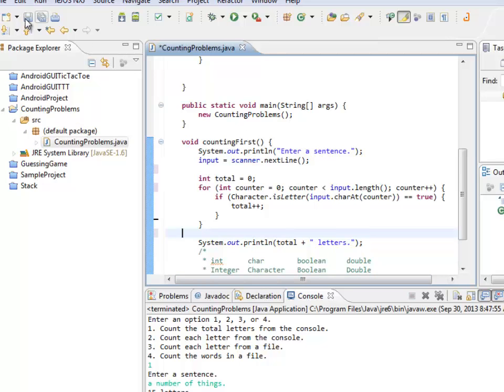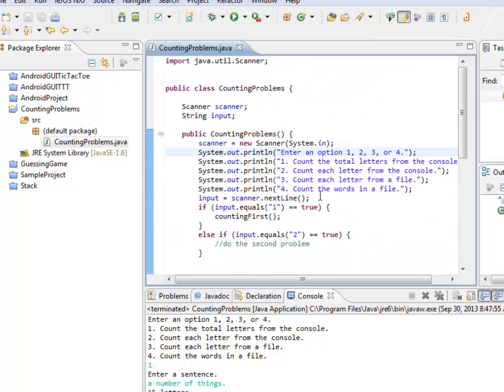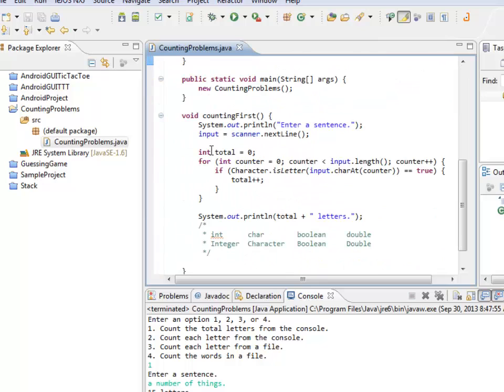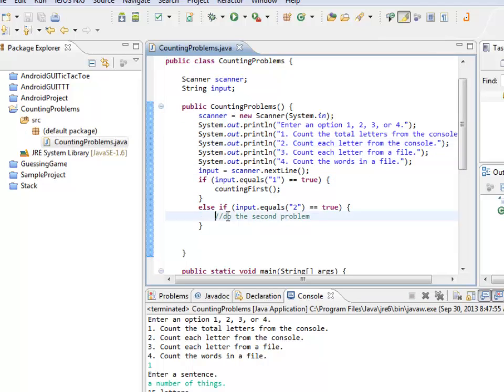What happens if I want to go through and check individual letters? So I'm going to need some sort of counter, like this total thing, except I'm going to need it for A, how many A's I've seen, how many B's I've seen. That sounds like I need 26 variables. I don't really want to create 26 variables. Fortunately, Java has a way of creating a whole bunch of variables and giving it a simple name, and that's called an array. So first of all, I should do